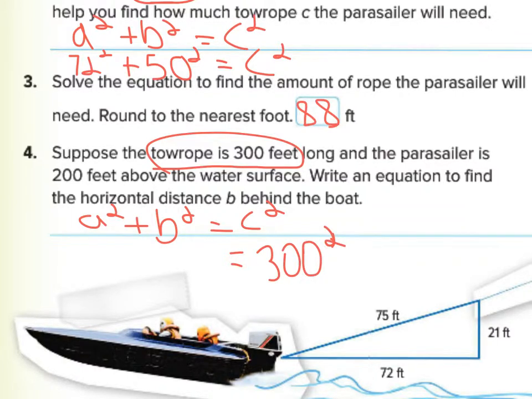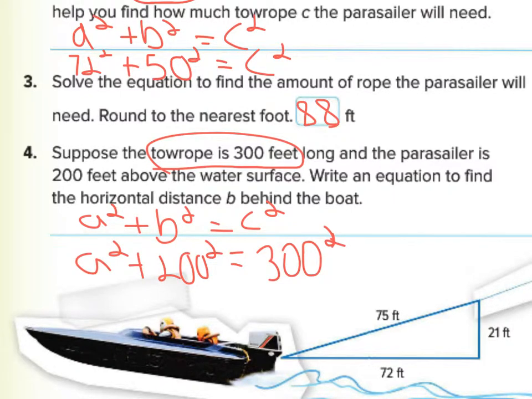And we know that we have 200 feet here. We're missing one of the variables, and this is 200 squared. So we can solve for this. We can simply solve by isolating the b, bringing the 200 squared over to this side and subtracting it, right? But remember to make sure you do the exponents for it. So 200 times 200, solve for that first, which is 40,000, and you bring it over here, and you're going to subtract it from this square root. Okay, and that should give us the answer for the equation to find the horizontal distance from the